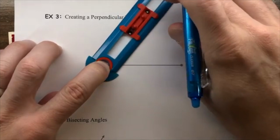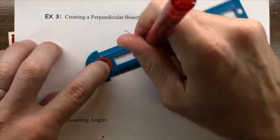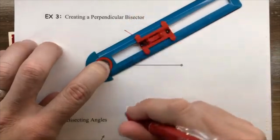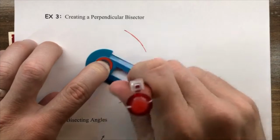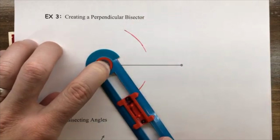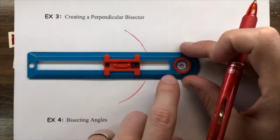Okay, and then from there, what you're going to do is make an arc up there, and you can actually choose to draw all the way through this direction. I don't like to do that, so I just go ahead and start up again over here, but you could make an arc that goes all the way around. Okay, and then keeping that setting, don't change the setting. You go to the other endpoint,